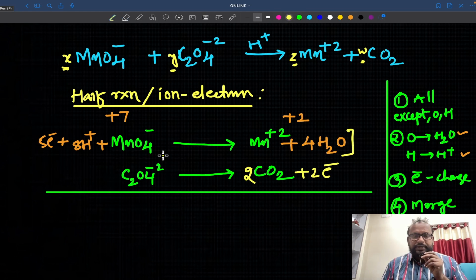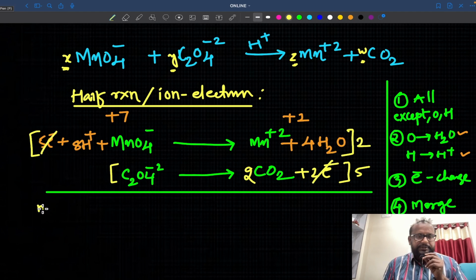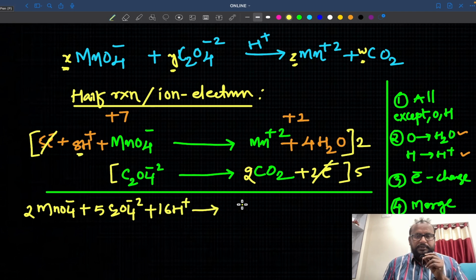But while adding these 2 reactions, we make sure the number of electrons transacted in reduction and oxidation are the same. But here 5 electrons are required, but here 2 electrons are released. For that, I multiply it by 2, I multiply it by 5. So then the electrons get cancelled, we'll get the final equation. So 2 MnO4 minus plus 5 C2O4 2 minus plus 8 into 2, 16 H plus gives us 2 moles of Mn+2 plus 10 moles of CO2 plus 2 into